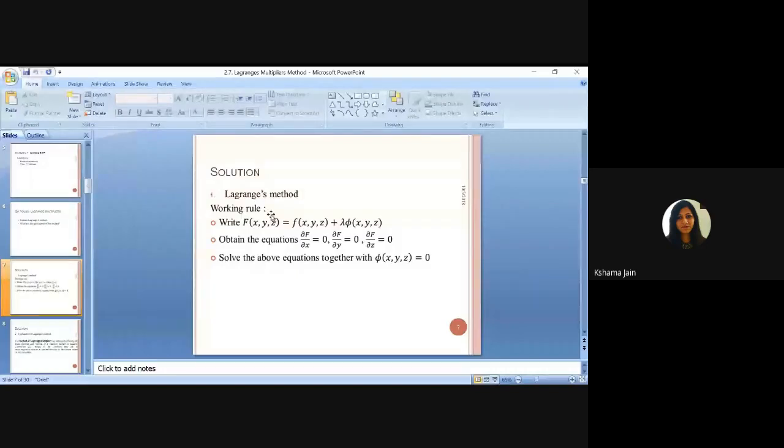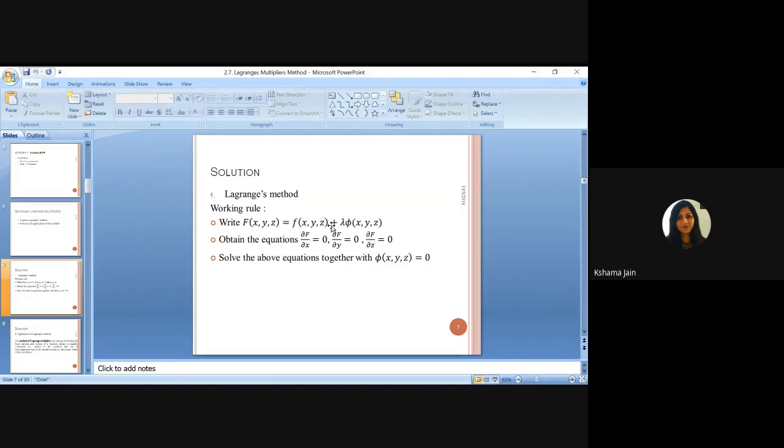And psi is the function of which condition is already given, like I showed you in the slide here. So this is Lagrange's method when you need to find the maxima or minima of a function when another condition is given. It is denoted like this. I was telling you phi or psi, it's completely your choice. You just need to remember here they have denoted by small f and phi. You need to remember this earlier function, the first function.